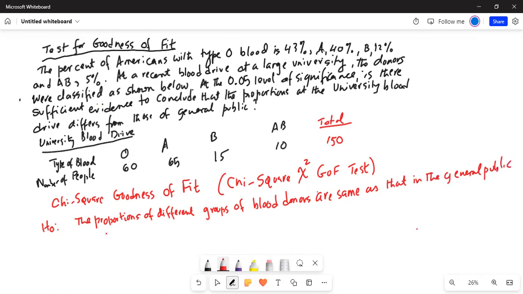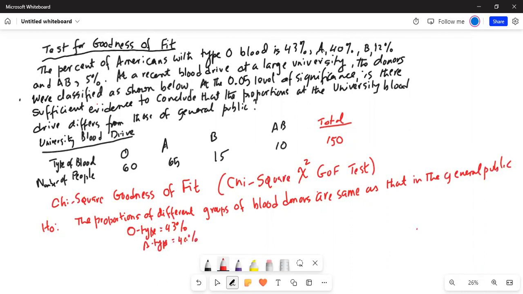That means we are assuming O type will be 43%, A type will be 40%,